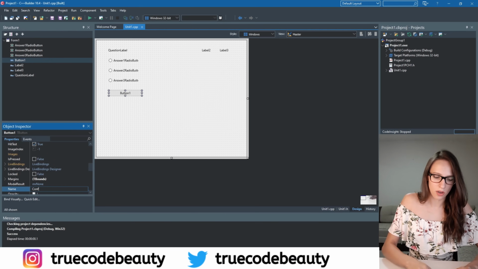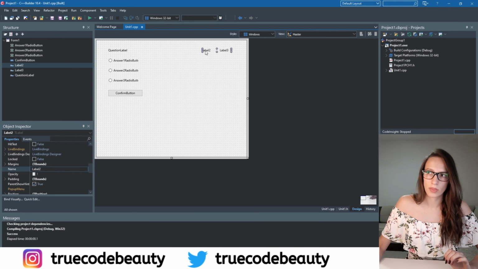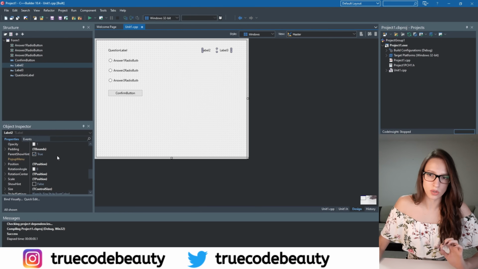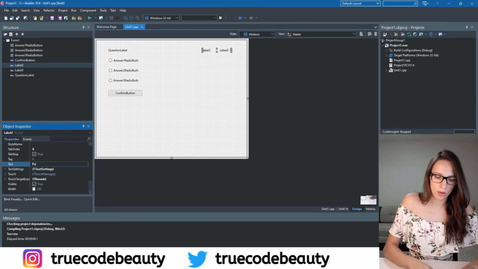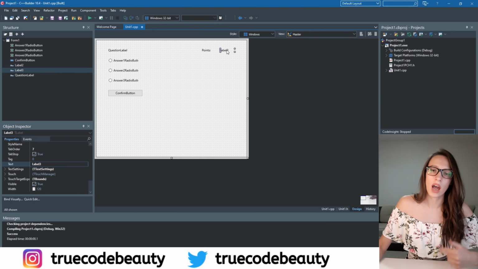So I will say confirm button, like this. And then this label 2. For this label 2, I will change another property, and that is the text property. So let's find that. Okay, and instead of calling it label 2, I will say points and then colon sign. Okay, and then this label 3, I will call this label points label, because this one is going to show